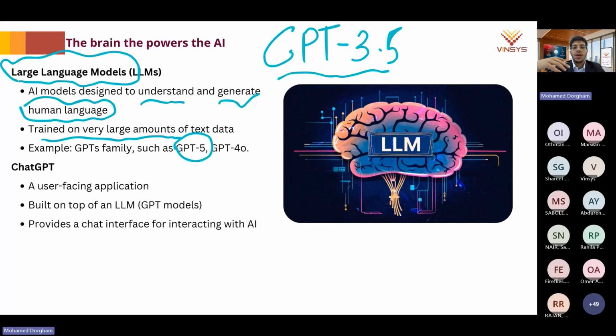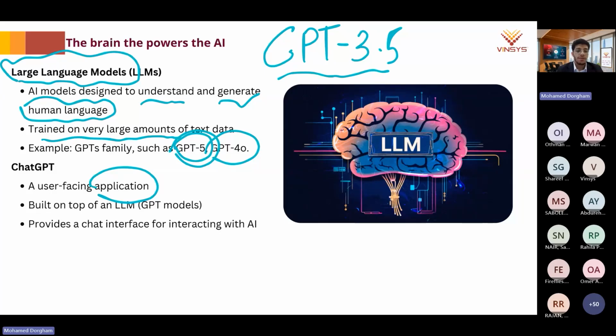And you remember this GPT, it was working fine, but moving forward, it was hallucinating a lot. So what happened is that they enhanced the version of this GPT, and they came up with GPT-4.0. And it was really good at writing text and writing documents. And then eventually they came up with GPT-5. So all these, they are upgrading the brain of the AI. And the chat itself, ChatGPT, as I mentioned, is like an application, a user-facing application, like a chatbot. You can go ahead and write some stuff, and it will answer you.